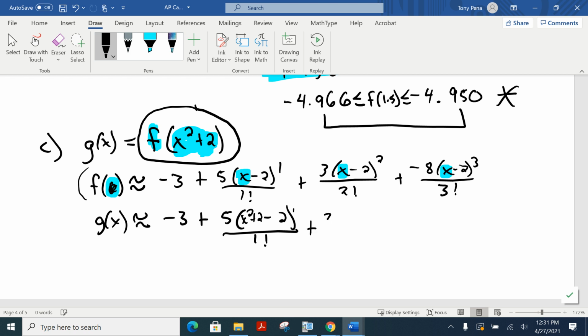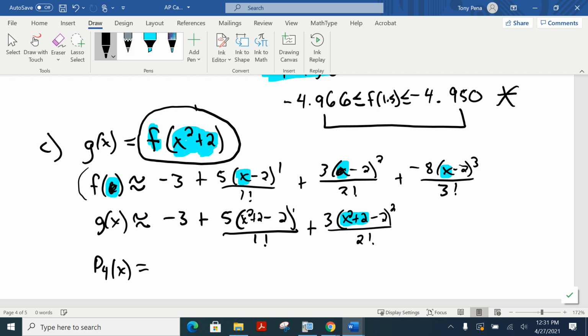Then we go to the next term. We would have had 3, and then I would have had an x right here, minus 2 squared over 2 factorial. But where this x was, we are now in that position plugging in our new composite of x squared plus 2. Following this? We wanted a 4th degree Taylor polynomial. If I move my screen up, or if you look at part C on your paper, you'll see the very first 4 words, find the 4th degree Taylor polynomial. Won't this now give us a 4th degree when I square that square? So we don't really need that next term. If we clean this up,